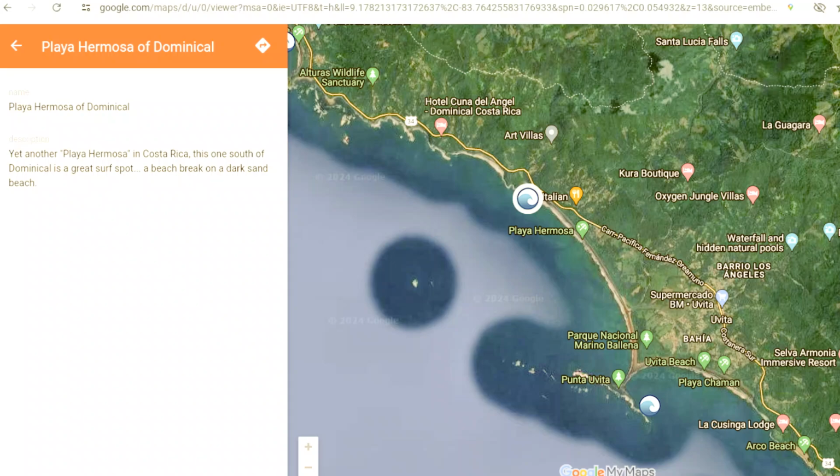It's a really mellow black sand beach just to the north of Uvita. It's where most people from Uvita go to surf on a daily basis. It's a great spot if you're a longboarder, but you can ride anything here. It's a fun break. To get there from Dominical, all you have to do is catch